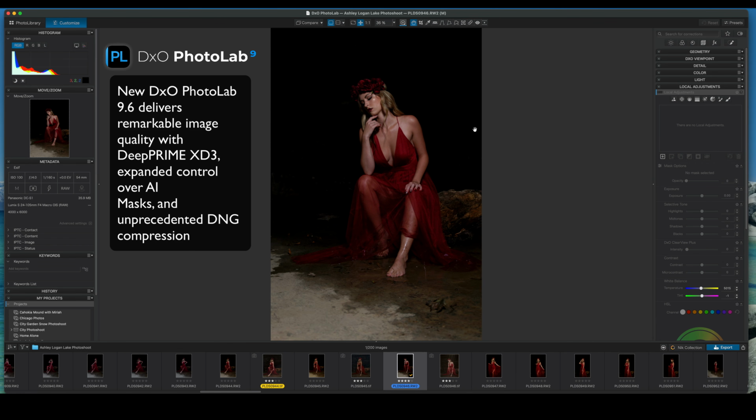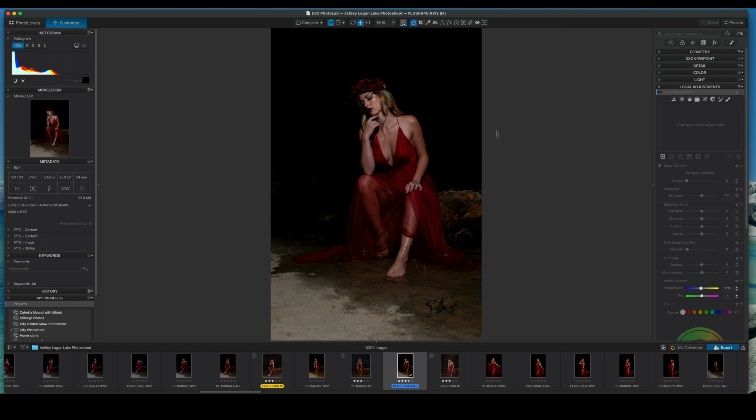There are 3 new features that are included in this new update release. They are DeepPRIME XD3, a Diffusion module that has been added within the AI masking, and then the DNG compression, which is called High-fidelity. I'm going to show you all 3 of those modules, and I'm going to do a live edit within this photo as well, using the new features, and I'm going to be using the other features that are already contained